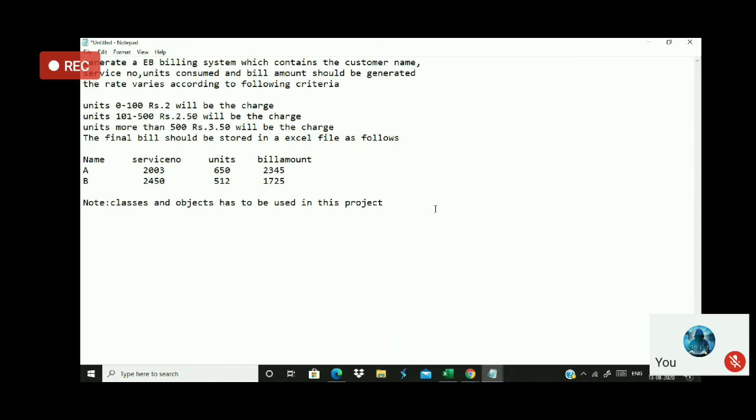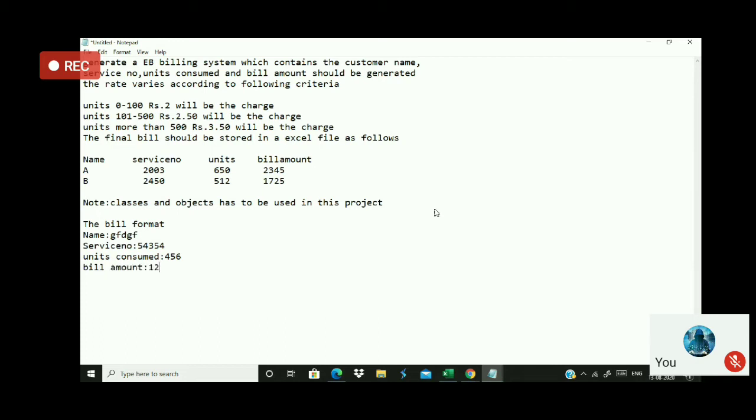The bill format will be like this: name, and I should get the name here. The next one is service number, then units consumed, and bill amount.